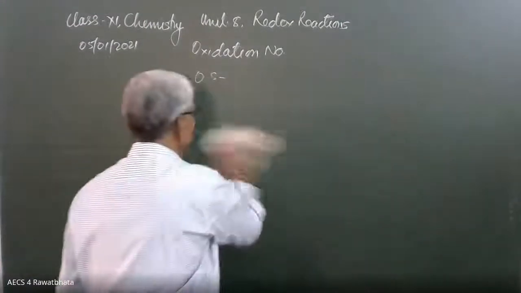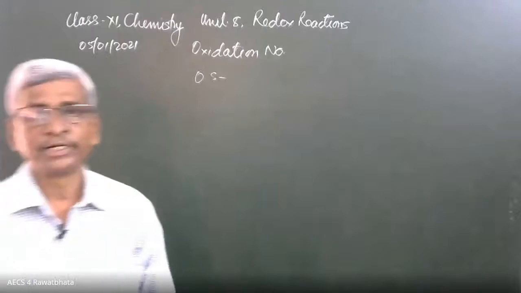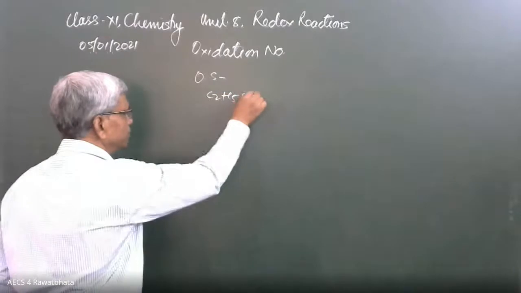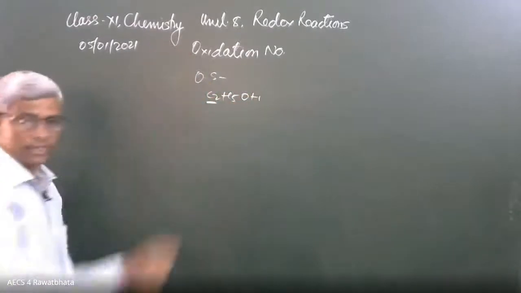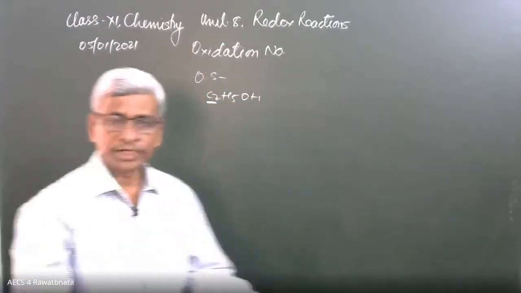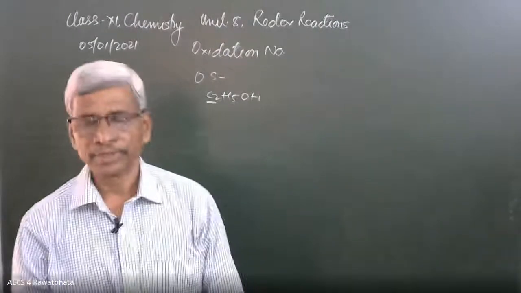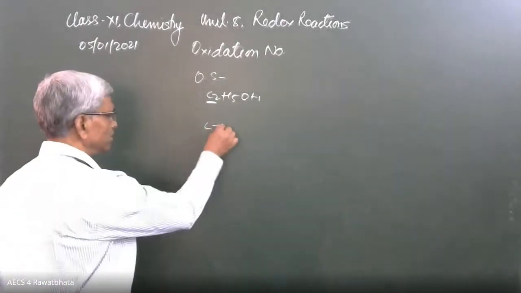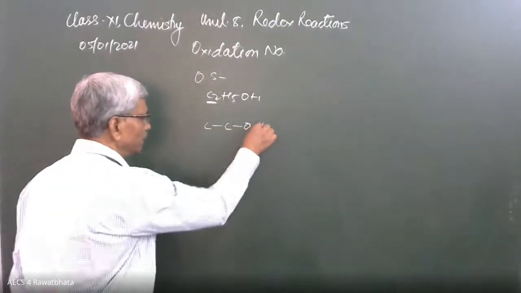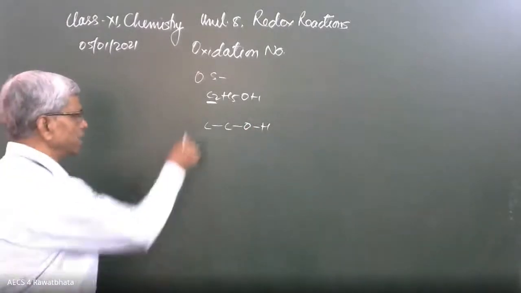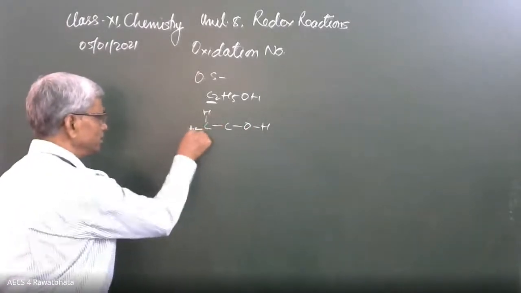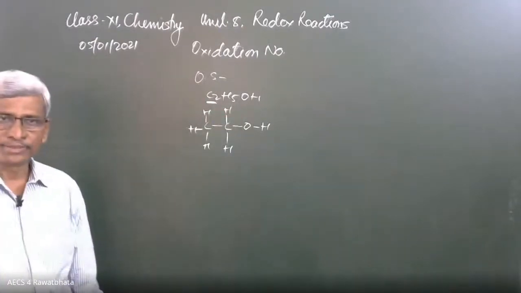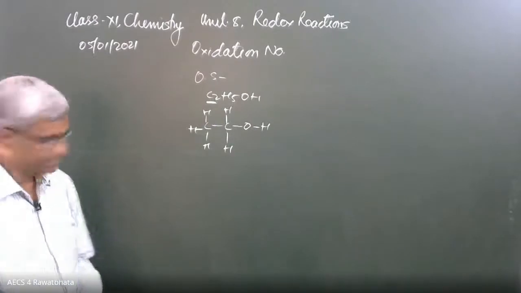One more example I want to take, that is a carbon compound like C2H5OH. What is the oxidation state of carbon? Okay. In organic compounds, don't calculate in the normal way. You have to draw the structure first. Here is carbon, second carbon, oxygen in the form of OH. Then attach hydrogens, here, here, here, and here. Okay, beta? Now decide oxidation states.